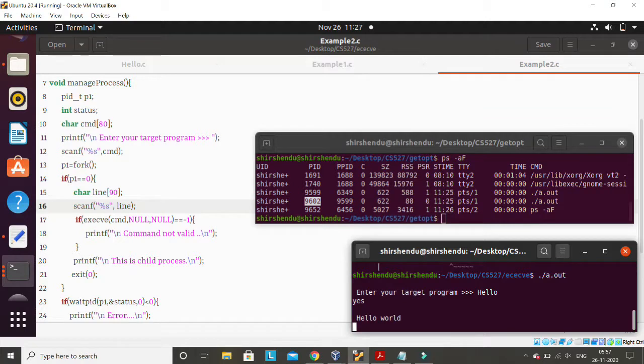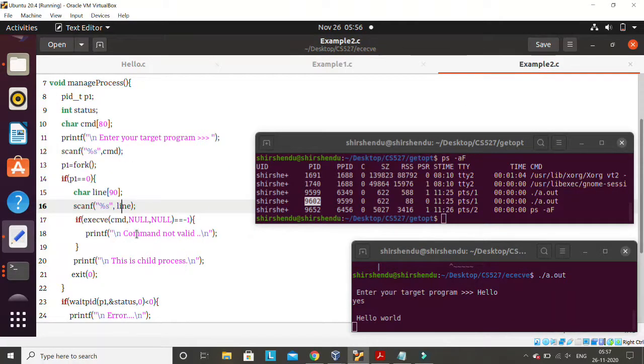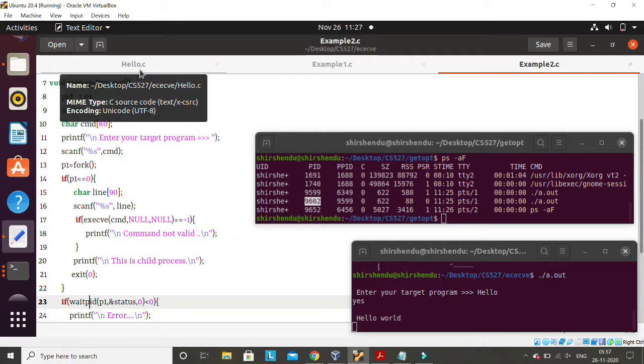But if you remember, hello.c is running infinitely, right? You can see here hello.c is running infinitely. So the child process keeps on executing the hello process. And the parent at line number 23 keeps on waiting for the child to terminate, but that child process will never terminate because now the child process is executing hello. Another important part that I have explained to you: the moment this line loads another process here, the content of this complete child process is replaced by the address space of the loaded process. So the child will terminate only when hello.c terminates.